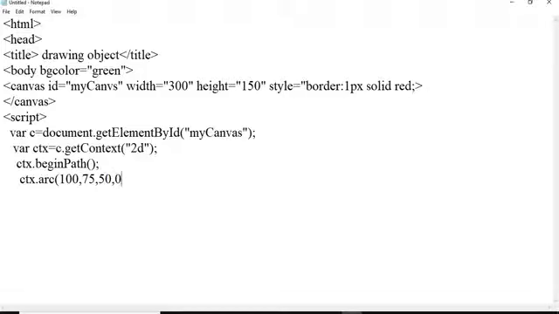I will give 0. Then we can have the calculation part, that is 2 pi r. So for this we are having Math dot PI, that is pi. So this is a method we are required to use while drawing an object.